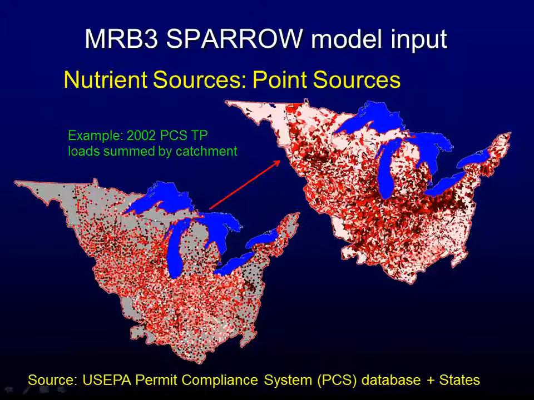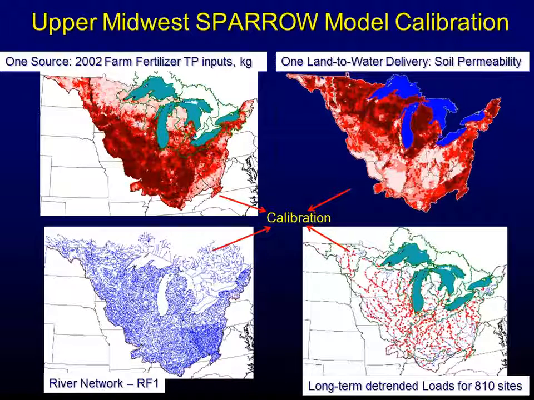Okay. We also went in there, and in the original models, if I went into the detail before, we're using population to estimate point sources. Now we went into the EPA database and the individual states and tried to come up with loads from each of the point sources. So we're trying to estimate our inputs to the model a little bit better. So now we have all of our fertilizer, manure, point sources, all of our inputs described for the Great Lakes. Here we're actually using a little bit bigger basin so we can get a little bit more sites for calibration, as well as the variability in the landscape. So that's why we didn't just do it for the Great Lakes themselves.